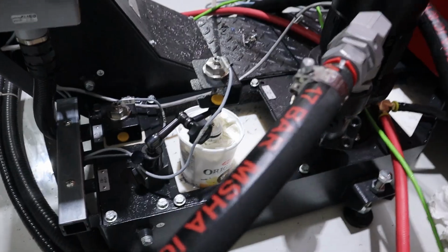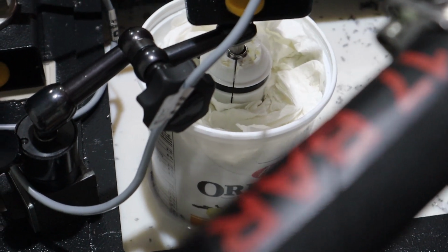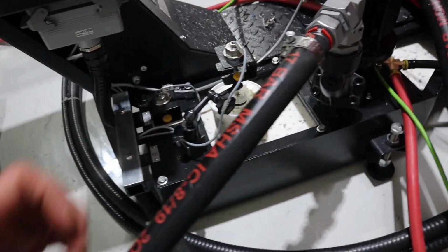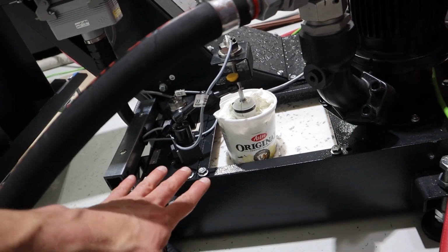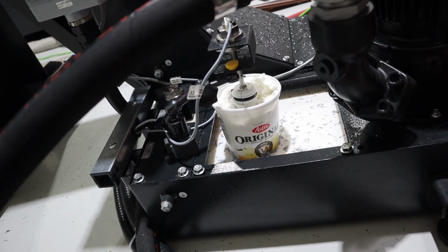What I did, I stuffed the tub full of paper towels around the 3D printed floaty thingy. Paper towels add minimal weight and they allowed me to stabilize it in there. And it's been running for a while now and I'm happy with it. It's not forever and I'm gonna make it better and I'm probably gonna get the laser guided digital thingamajigger, but